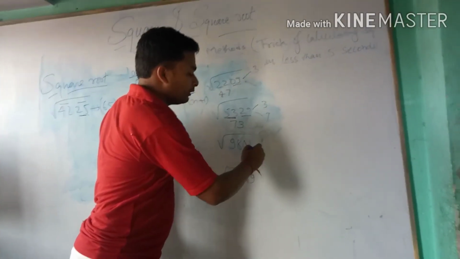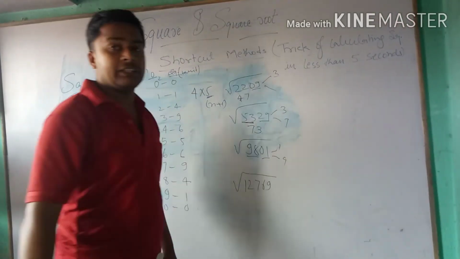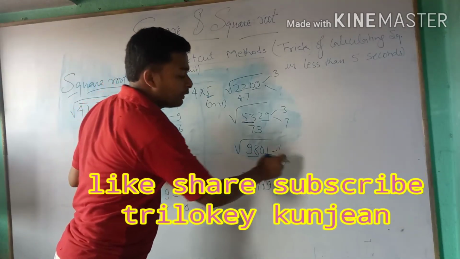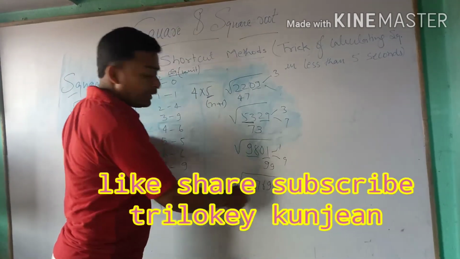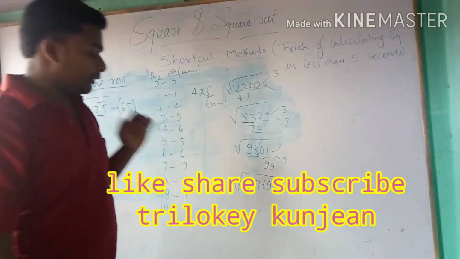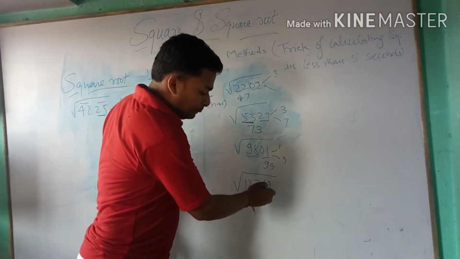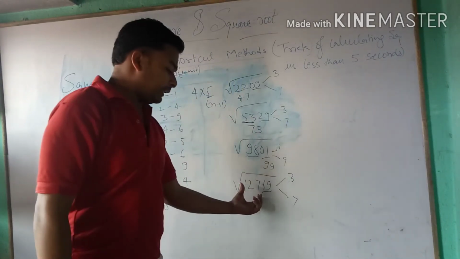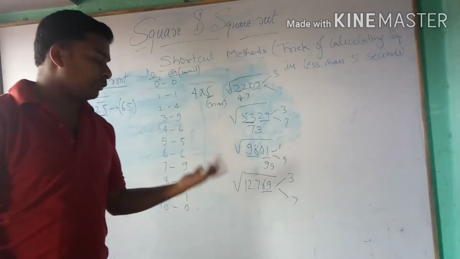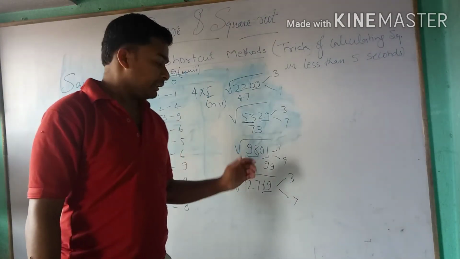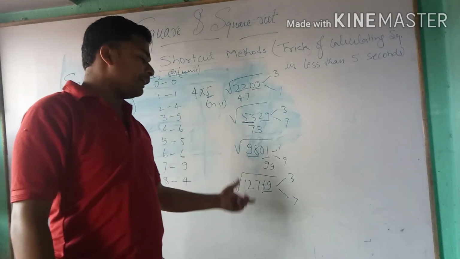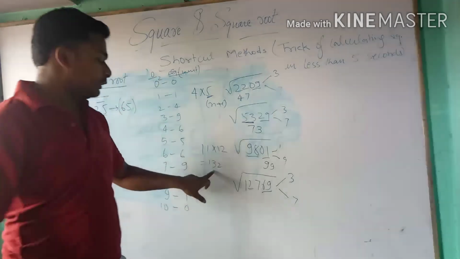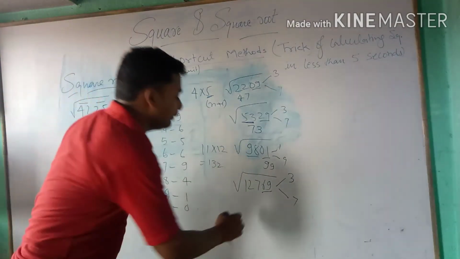9801. 1 or 9. Here it is 9 square because 10 square is 100. 9 into 10 is 90. So the question is greater, so the answer will be greater 1. Here it is a 5-digit number. So no worry, you have to follow the same method. First, pair up: 69. Again the case of 3 and 7. Here it is 127. What is the square which is the closest one? 11. 11 square is 121. So what is the next number? 11 into 12. You will get 132. So your question is smaller. So the answer will be smaller 1.